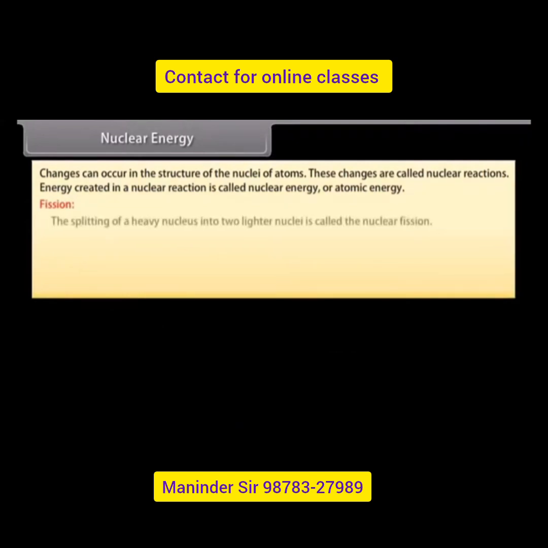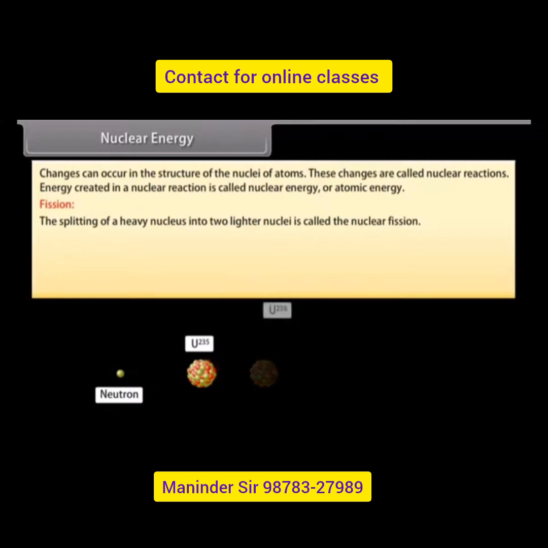Fission. The splitting of a heavy nucleus into two lighter nuclei is called nuclear fission. When a slow neutron strikes a uranium-235 nucleus, it is absorbed by the nucleus and an unstable isotope of uranium, U-236, is formed, which immediately breaks into two fragments, emitting 2 or 3 neutrons with release of an enormous amount of energy. The reaction may be expressed as